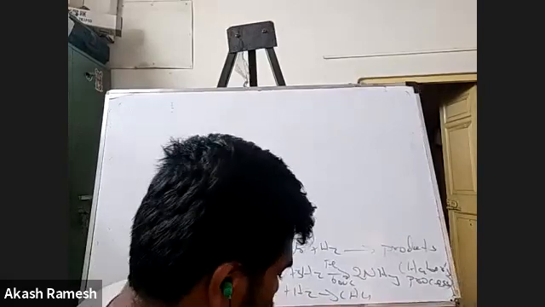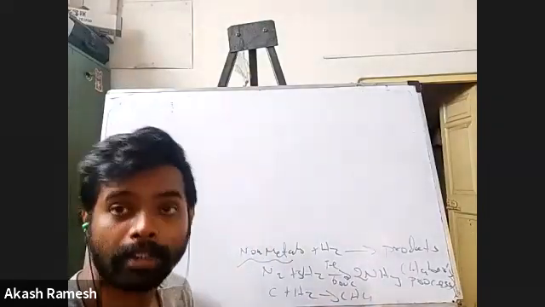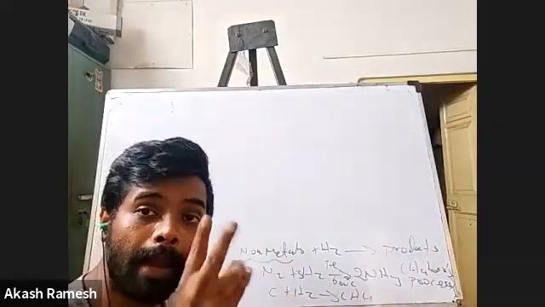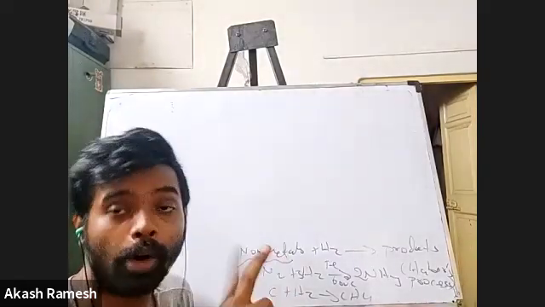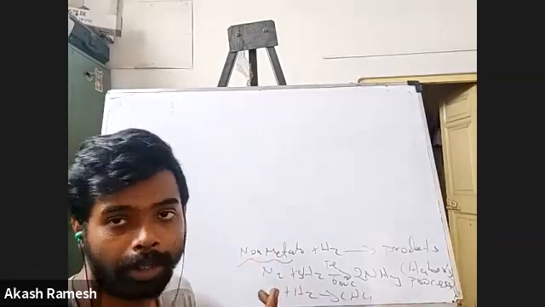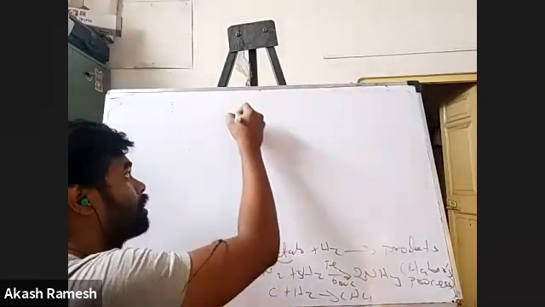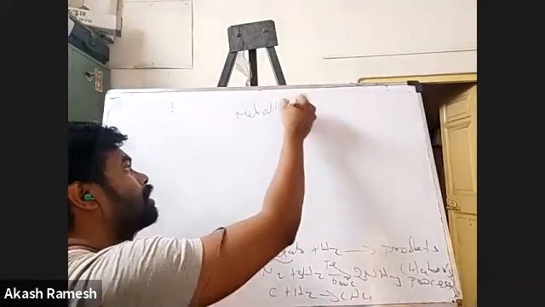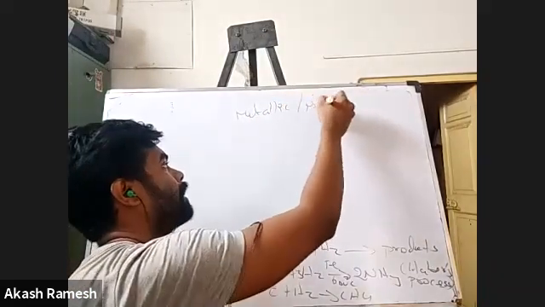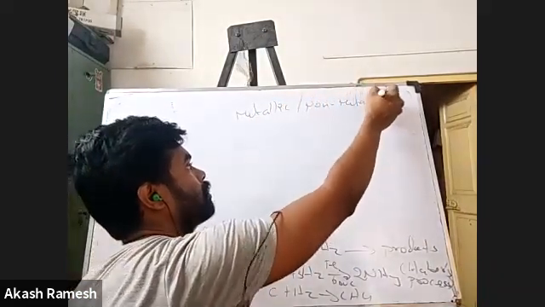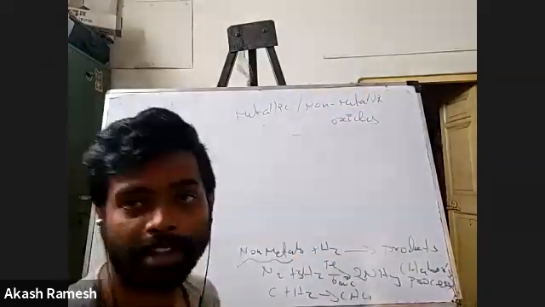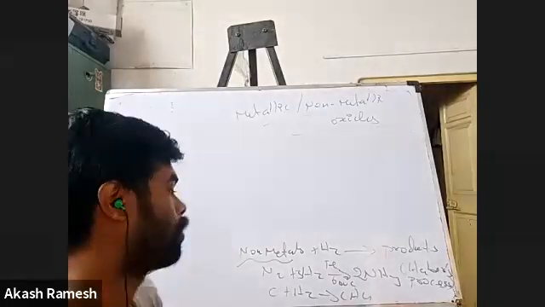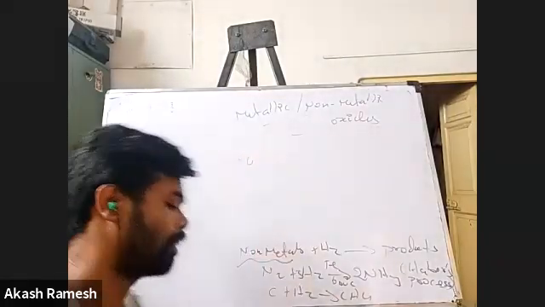Now we have talked about metals, we can talk about metal oxides and non-metal oxides. How are they chemically different? That also we'll be able to see. So we are going to study metallic and non-metallic oxides. How are they chemically different? What you have to understand is about your metallic oxides.